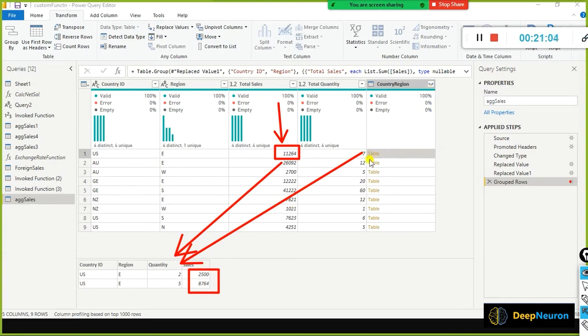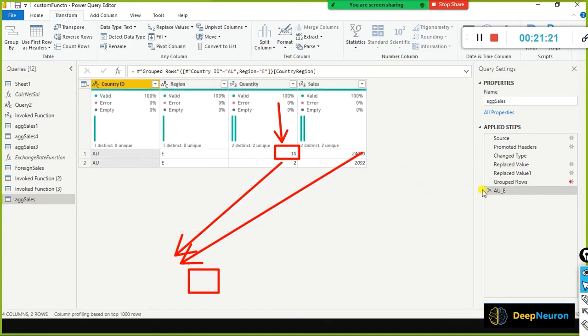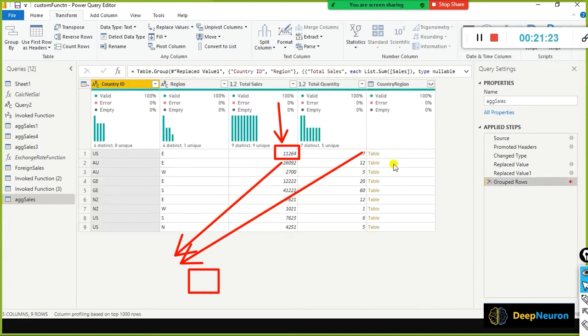And let's see, instead of having a table here, we want to make these records visible. Here also we have this one. If you click here, for this record we could see only one record is there, for this also only one record, and for this one 2 records are available. If you want to make these the detail records, as part of this one,